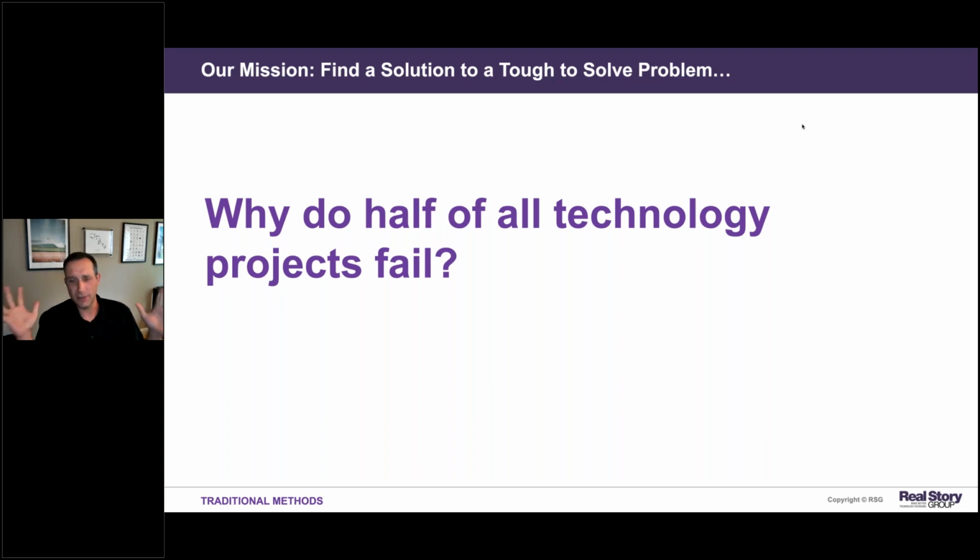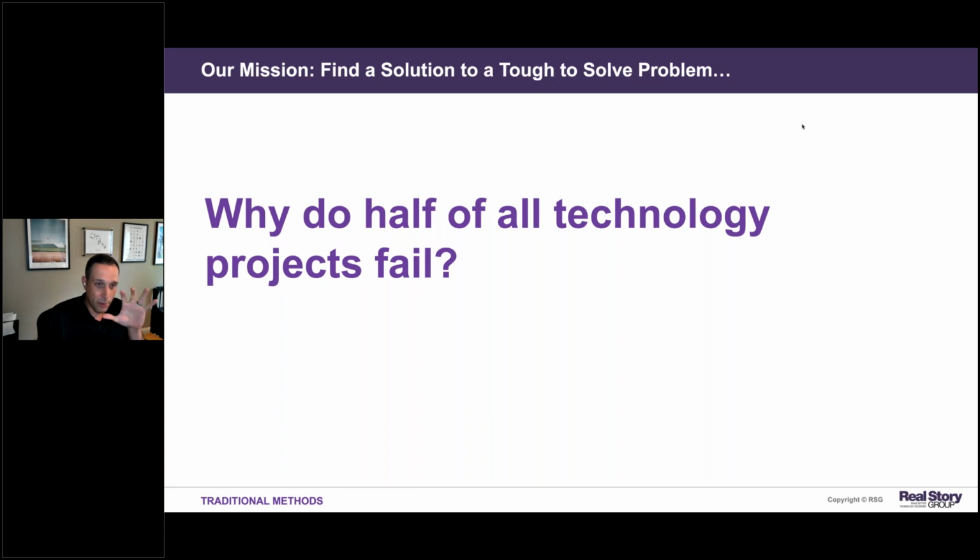And there's a whole slew of reasons why that can happen. There's so much that can go wrong in implementations, in rollout and change management, and in adoption of new technology. But nothing pains me more than seeing a technology doomed to fail because the wrong product was selected. And so that was the reason that Tony and I decided to look at all of the most successful projects that we've seen and try to take some of those lessons and put that into a book called The Right Way to Select Technology.